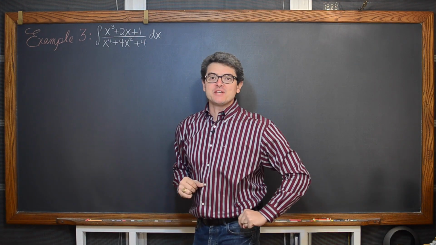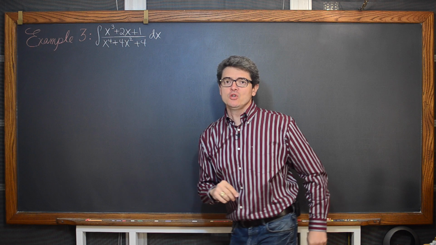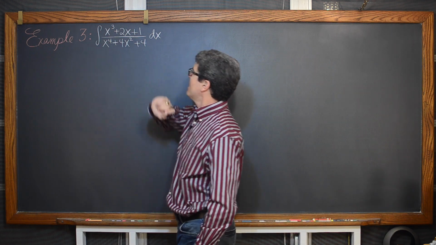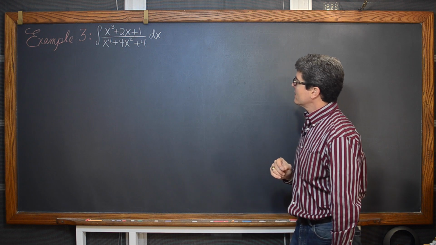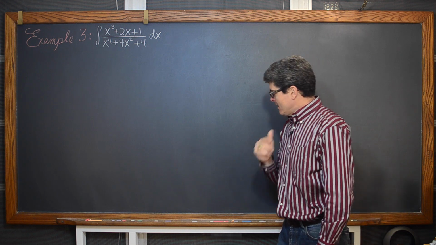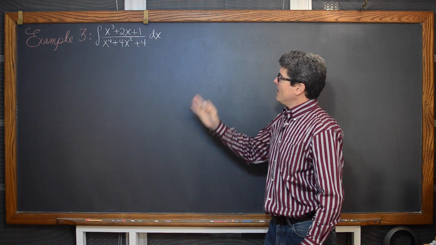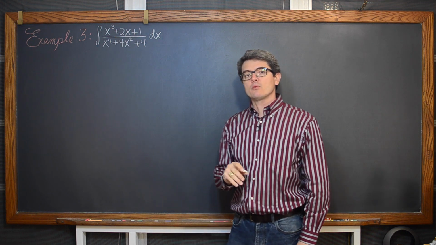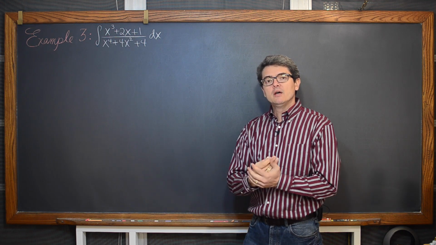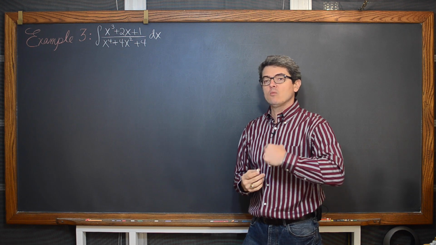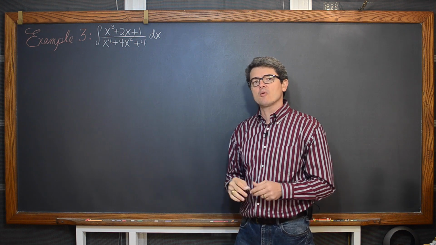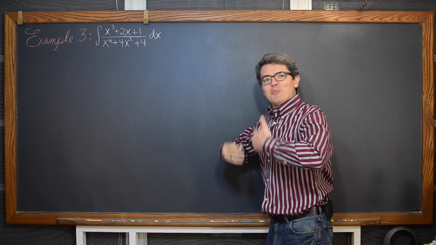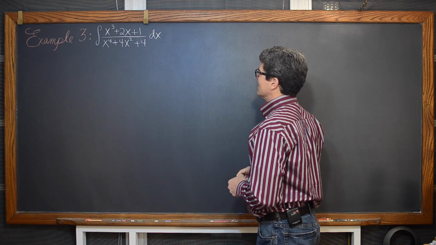Bam! For our third example, we have the indefinite integral of x cubed plus 2x plus 1 over x to the 4th plus 4x squared plus 4 dx. Now, I'm looking at the numerator and seeing a degree of 3, and the denominator has a degree of 4. When you take the derivative of a polynomial, the degree drops by 1. So maybe this is just u prime over u. But then why would it be my third example? I'm trying to do more and more challenging problems as we go along.